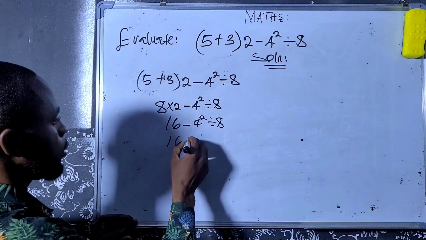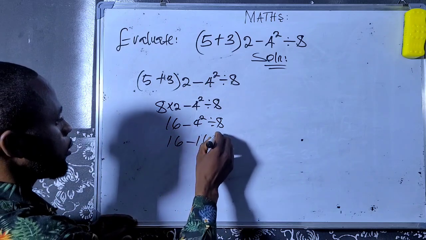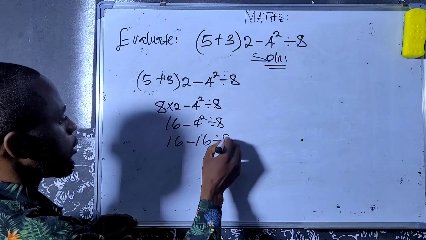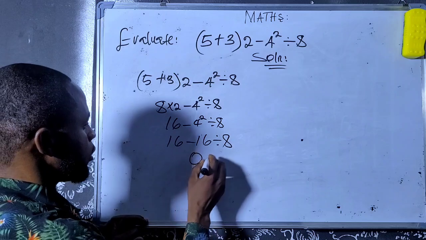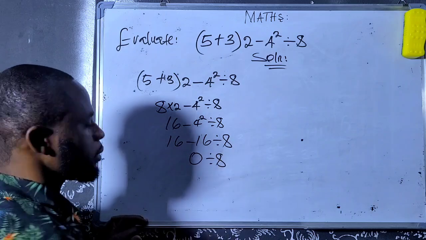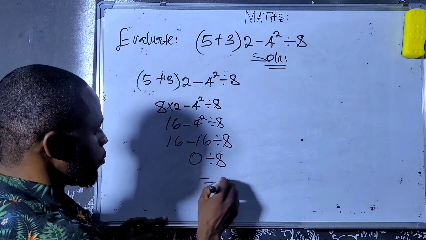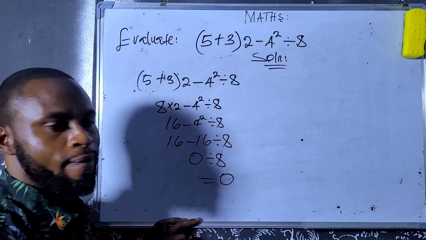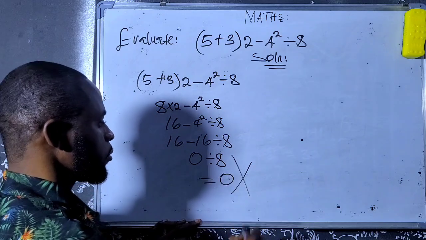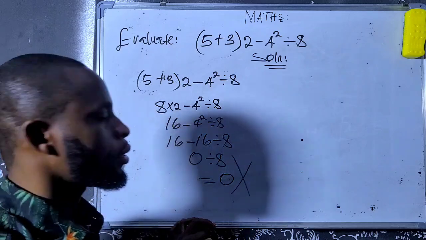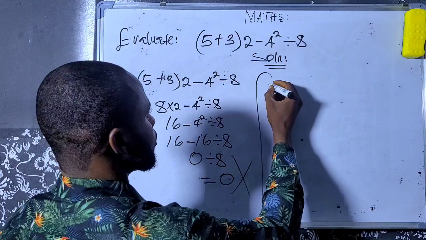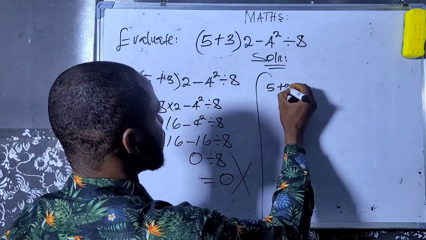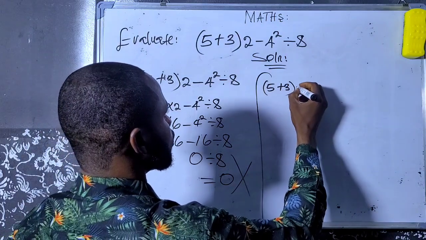Then 16 minus 16 divided by 8. Then 16 minus 16, 0, then divided by 8 and equals 0. This is the wrong approach. To solve this correctly, we are going to have this: 5 plus 3 in parentheses multiplied